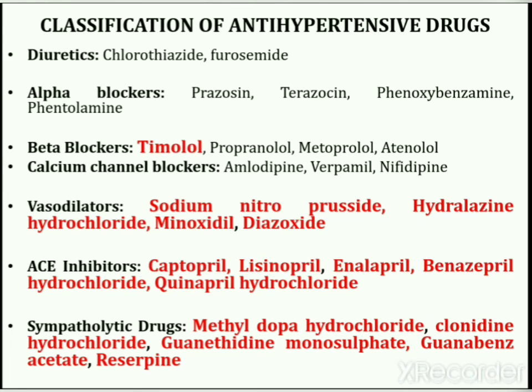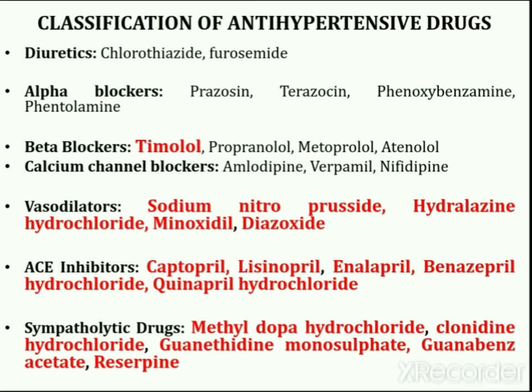Beta blockers reduce the workload of the heart and blood vessels, causing the heart to beat slowly and with less force. Calcium channel blockers will block the movement of extracellular calcium into the cells, causing vasodilation and decreased heart rate. Vasodilators. These medications act directly on the muscles in the wall of arteries and prevent the muscles from tightening and arteries from narrowing.